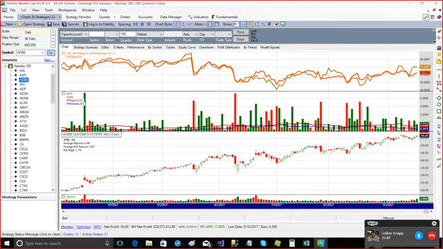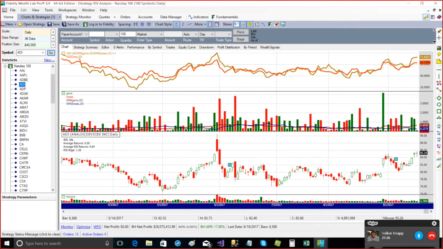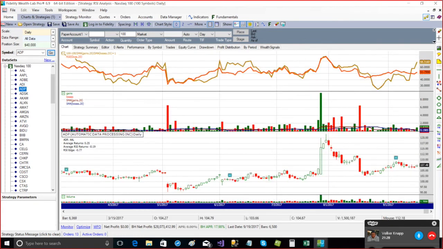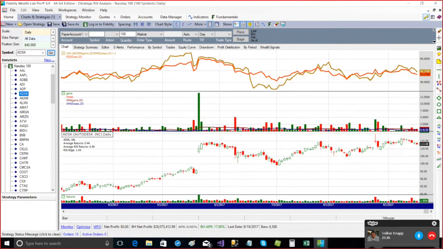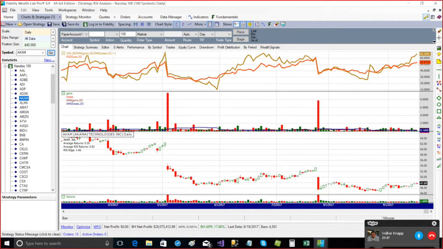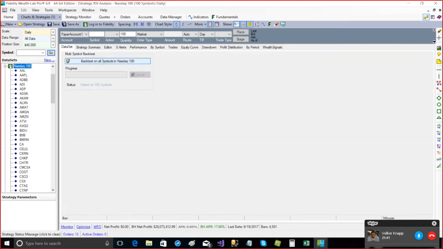And as we click through the other stocks, 1.28, negative 0.77. So that one didn't help on this stock. 1.04, 2.66. And if I go back here again and run it on the whole universe, all of the